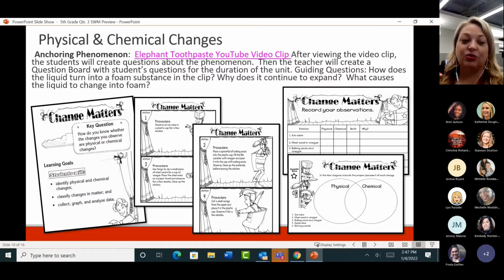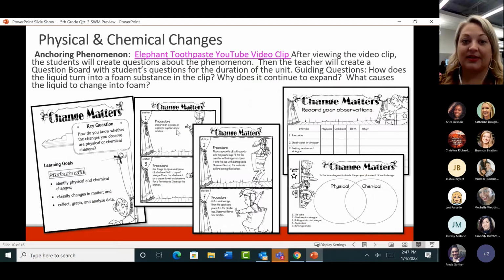In this activity, students are going to identify physical and chemical changes. They're going to classify changes in matter and collect, graph, and analyze data. So you're hitting up two of those standard elements with this activity. And this could be a multi-day activity. You could put this in a station. You could actually put all of these, I believe there's 6 or 7 stations. And you can see they have station cards, and it comes with the procedure that you can put at the